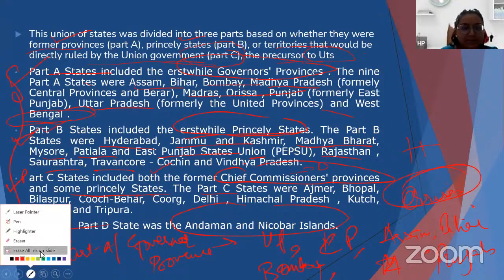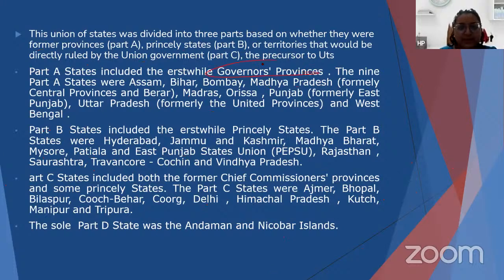ब्रिटिश गवर्नमेंट के टाइम पे ऑफिसेस थे, जैसे कि गवर्नर का ऑफिस था उस टाइम पे, चीफ कमिश्नर was there. So all these were the offices during the time of British government. तो उनके अंडर जो एरिया आता था, उनके अंडर जो प्रोविंसेस थे, हम उनकी बात होती है यहाँ पे। चीफ कमिश्नर प्रोविंसेस का पार्ट थे अजमेर, भोपाल, पूर्व दिल्ली, कूच बिहार, हिमाचल प्रदेश, कच्छ, मणिपुर एंड त्रिपुरा।